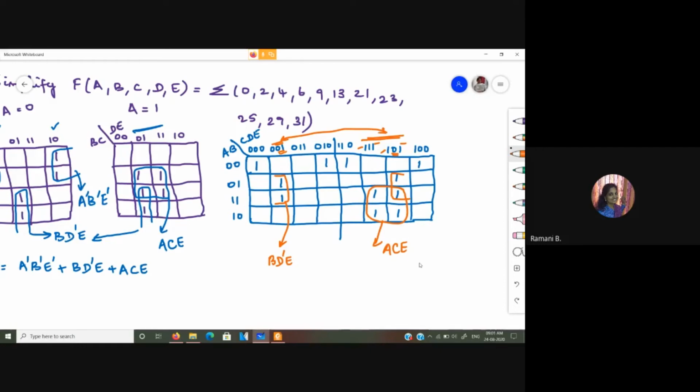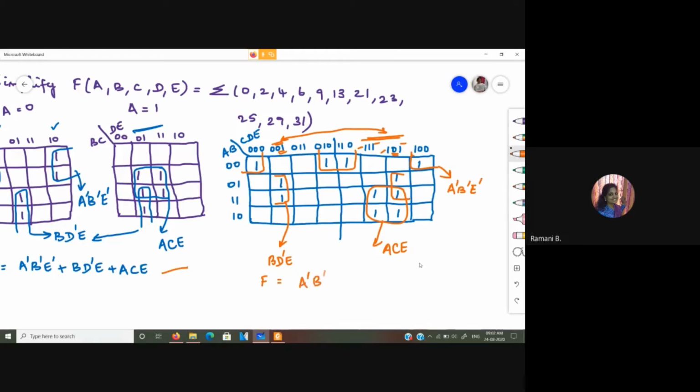Okay. And similar way, folding, you can find these four ones to be forming a single quad. So here you have A and B equal to 0 common in all these. So A bar, B bar. And with respect to these things, here you have C is equal to 0 in these two ones and C is equal to 1 in these two. So we leave it out. Then similarly, here D is equal to 0, here D is equal to 1. So we shall leave it out. And E is equal to 0 is the common thing. So this. Okay.